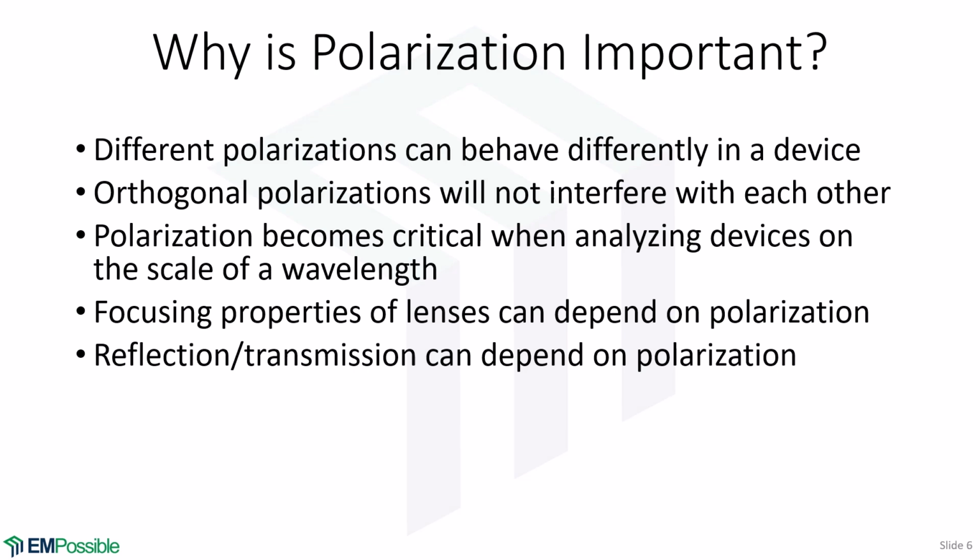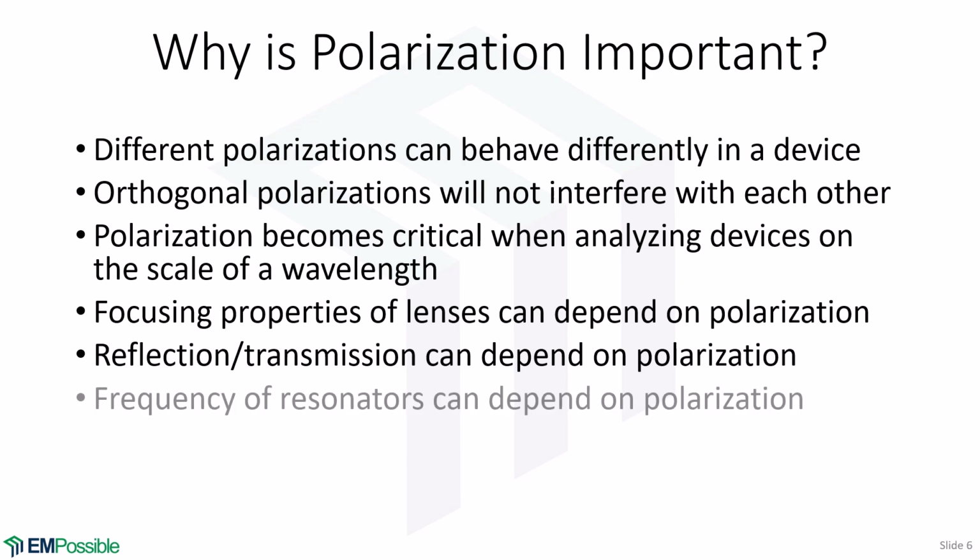If we're looking at reflection and transmission, for example, light bouncing from air off of water, the amount that reflects depends on polarization. And later on, when we study the Fresnel equations and scattering at an interface, we'll see how that works. If we have resonators, so we have a wave bouncing back and forth inside of something or circulating